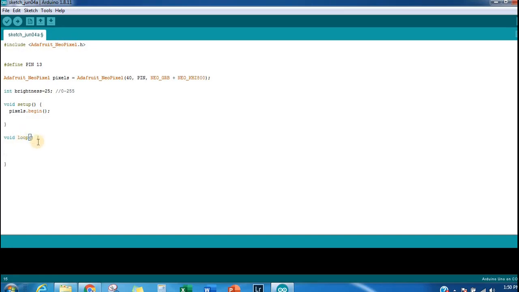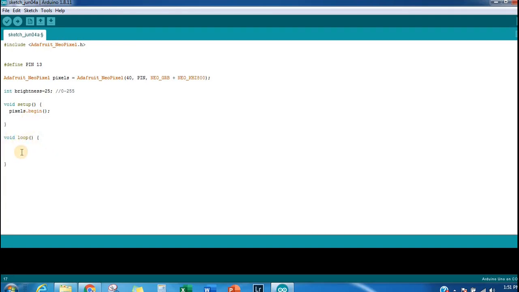That means the loop function is called again and again as long as the Arduino is running. We are going to put all the coding within this loop function, and we can define other functions as well, and call them within this loop function.